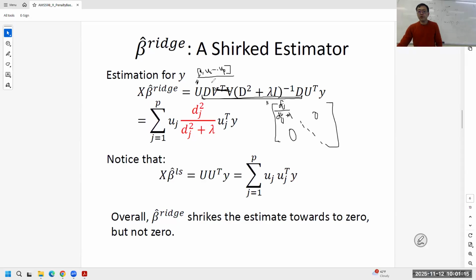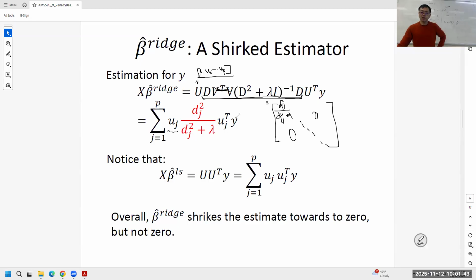So if you plug in U, written as U1 up to UP in column vectors, and then the U transpose, this term above can be written as summation j from 1 to p of uj, a vector, times dj squared over dj squared plus lambda,